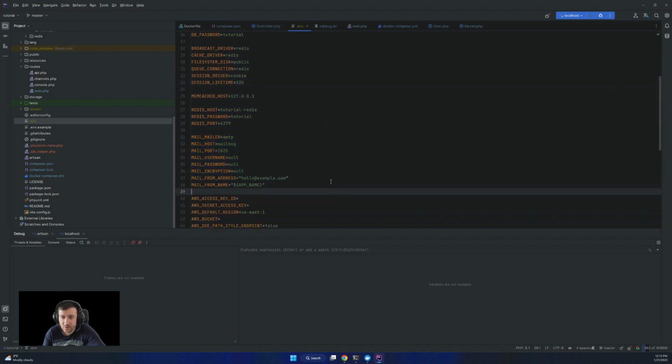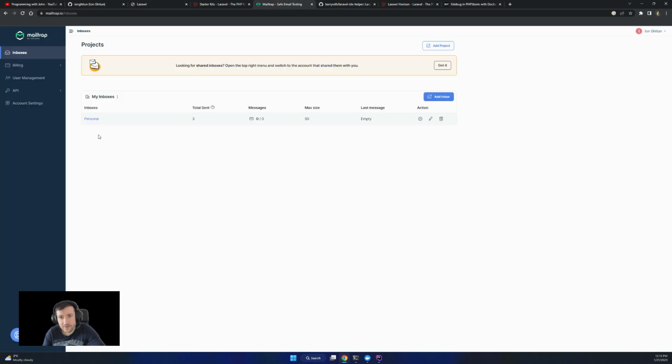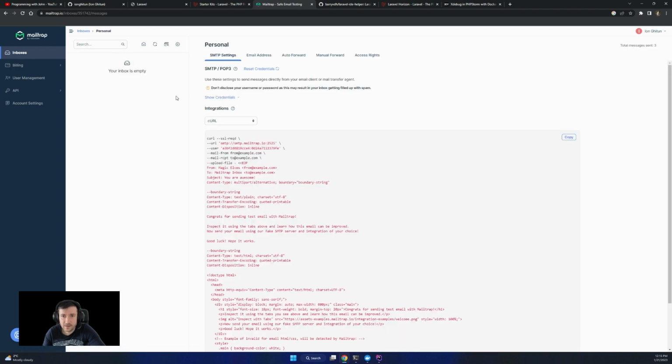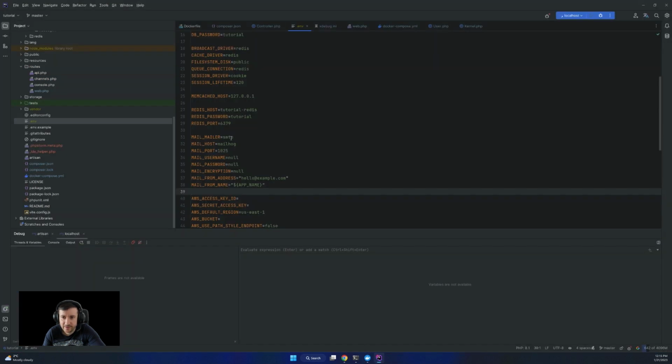For mail, if you want to have mails in a local environment, I recommend using Mailtrap. So you set up an inbox, it's free, and the retention will be up to 50 emails received. So in your inbox, you'll have show credentials and what you should complete in here for credentials.